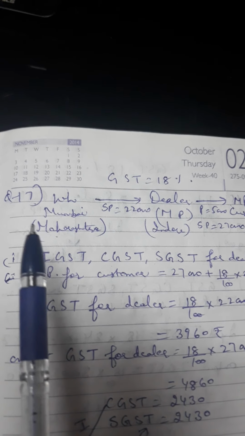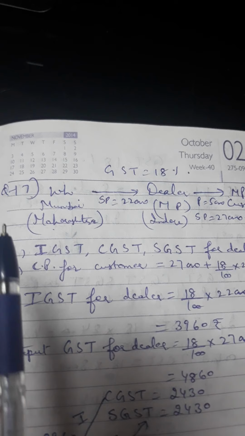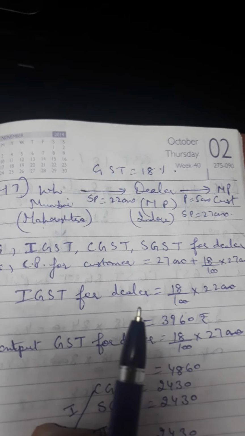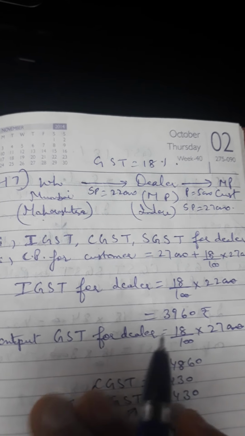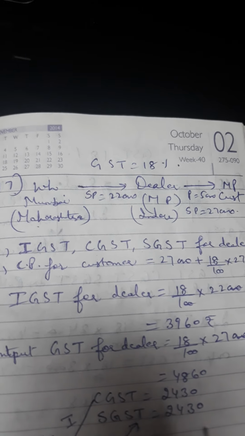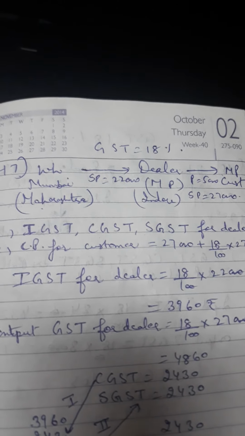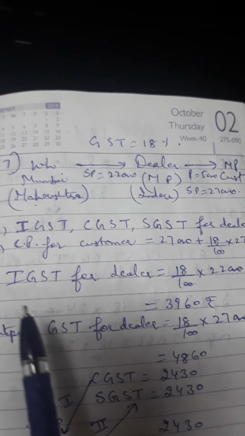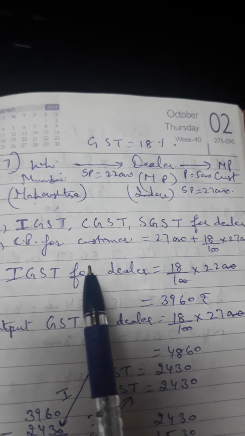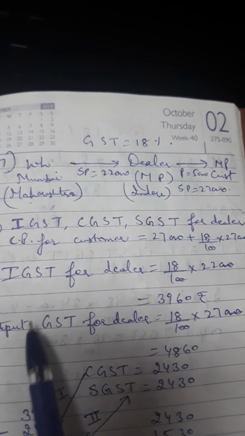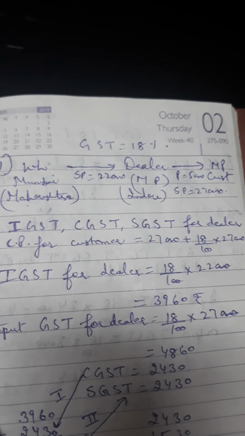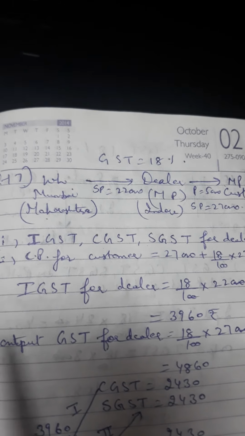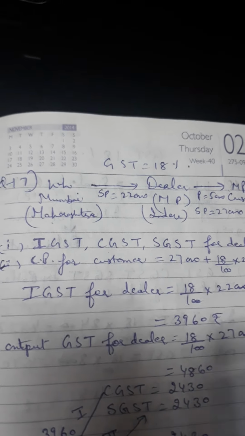Now actually, children, there's a table given in the ML Agarwal book with which we proceed with GST. That table I'll post in your groups today. If you have the ML Agarwal book, you can consult it. I think on the second or third page they have given the table where input GST and output GST are shown, and if it is IGST on one side, then how to proceed.